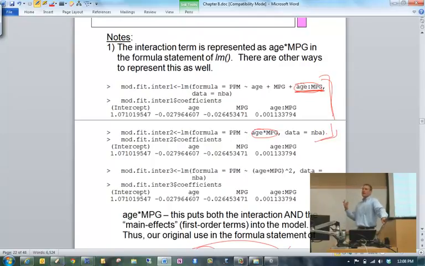So, this can especially be confusing to a new R user if they see someone use age plus MPG plus age asterisk MPG and think, okay, the way that I specify just an interaction term is with the asterisk. But no, that's not actually correct. Just the interaction term, use the colon.